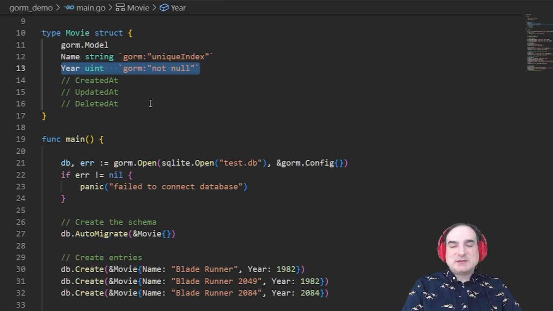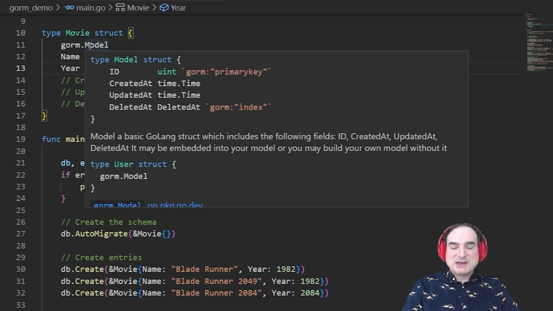Now, each database has its own peculiar way of handling these things. So one of the reasons you would use something like GORM is to abstract away all the database-specific details about how to do that. Also, one of the other things GORM does for you is automatically add elements common to most database tables, such as an ID column, and also timestamps for when rows are created, updated, or deleted. These are all implicit in the gorm.Model struct, but you can opt out or rename those fields if you need to. For this exercise, though, we're going to leave them in because they are useful.